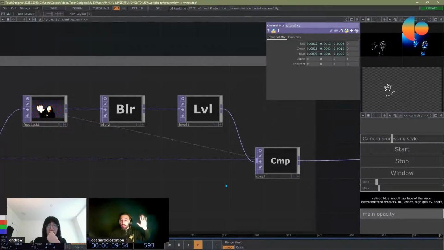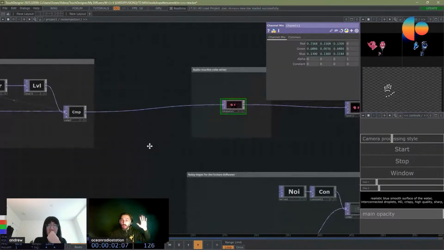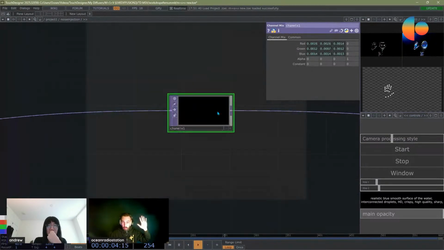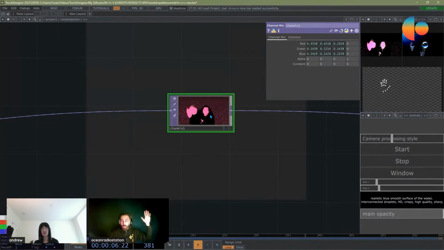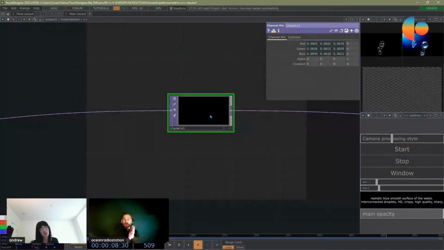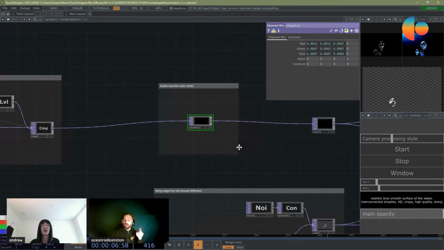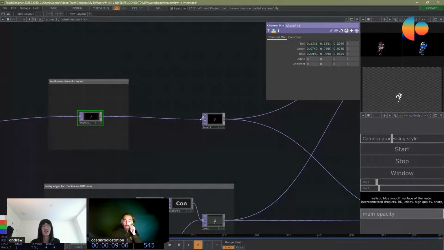And then there is a channel mixer, and that depends on the sound. It appears because it goes to 0, so that's why this node is black. And then there is a level.